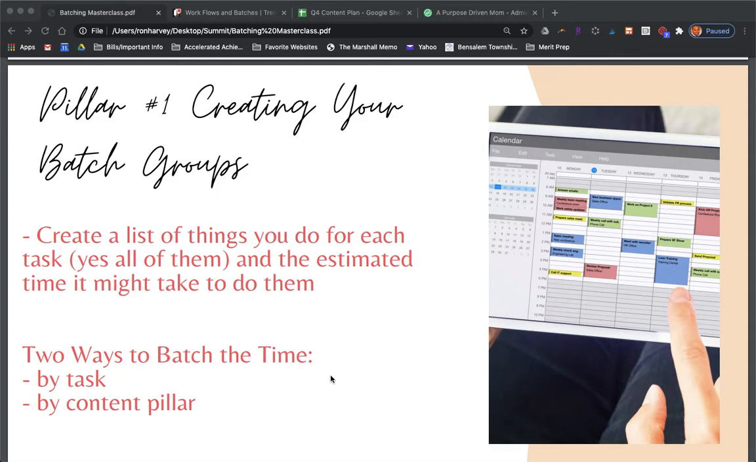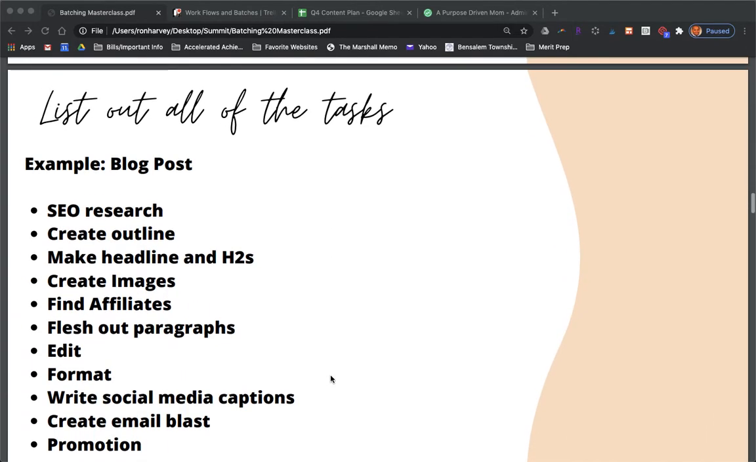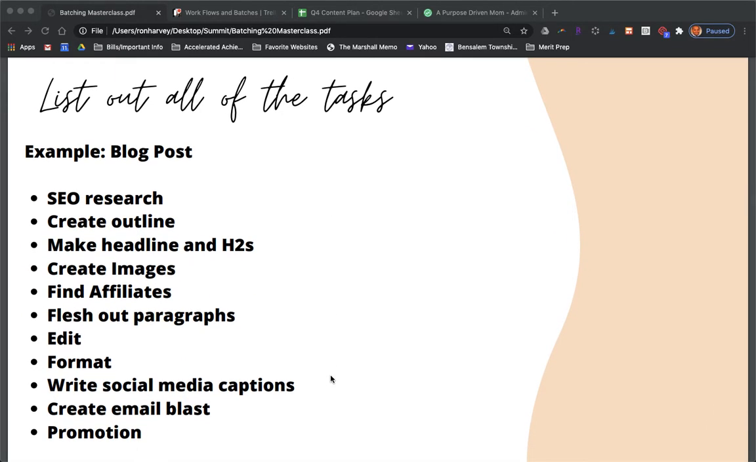So pillar number 1, I want you to create a list of everything that you do for that type of task, okay? And I mean everything. So here's an example of what I could mean by that. If you write a blog, there's a lot of tasks that go into writing a blog. You would have to do your SEO research, which for me, when I do SEO research, that has 5 tasks